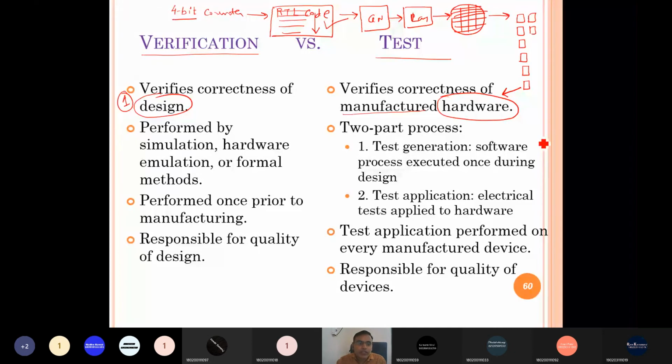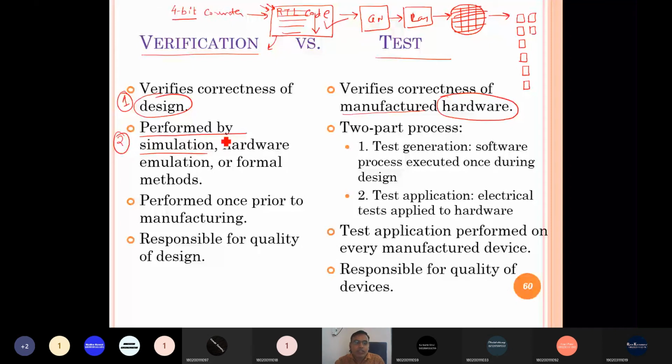The second difference is how they are performed. How can we verify any design? We simulate the design by passing some test patterns. We apply a test pattern, see the output, and compare it with our golden output to check whether it matches the desired output. That way we verify the RTL code or design.